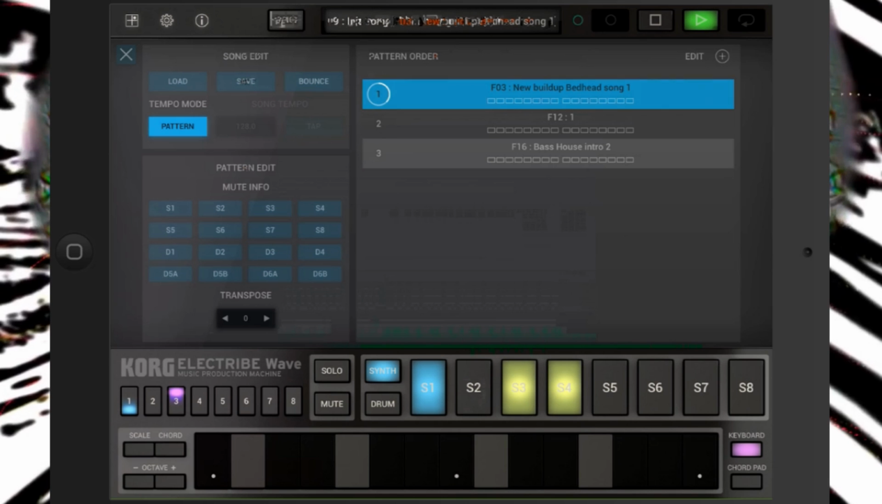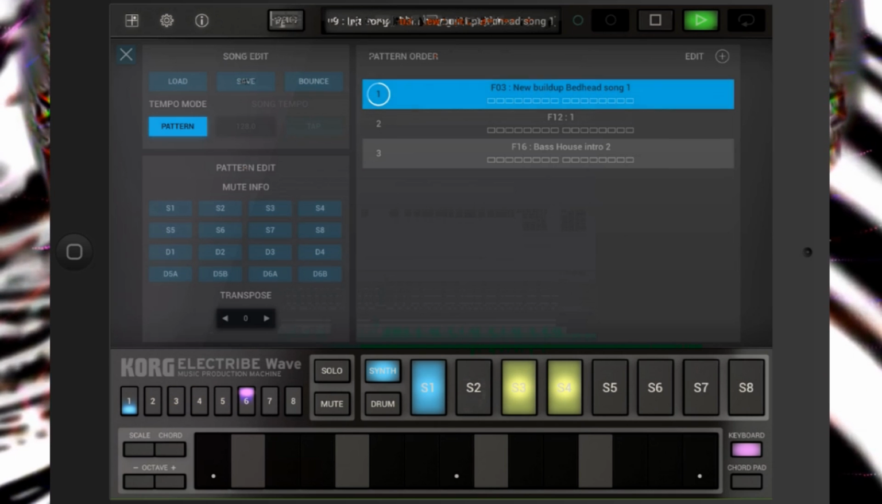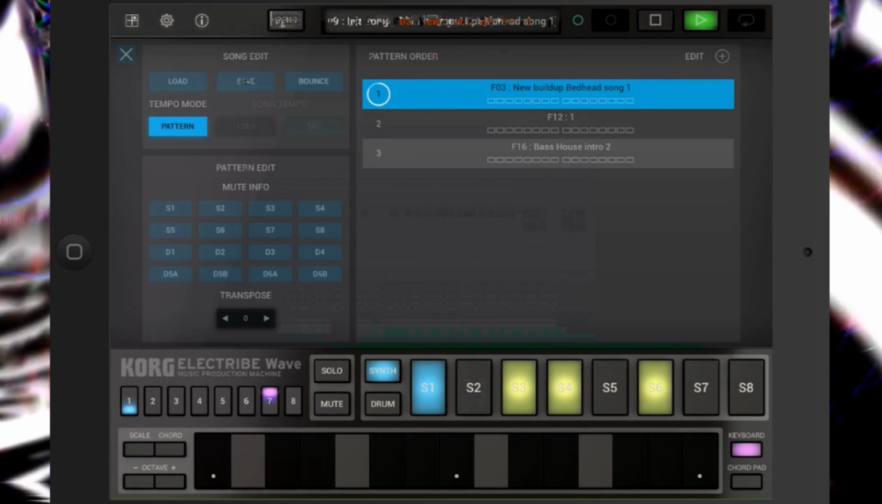An easier way to listen and add patterns as you go can be done now from the pattern browser instead. First let's